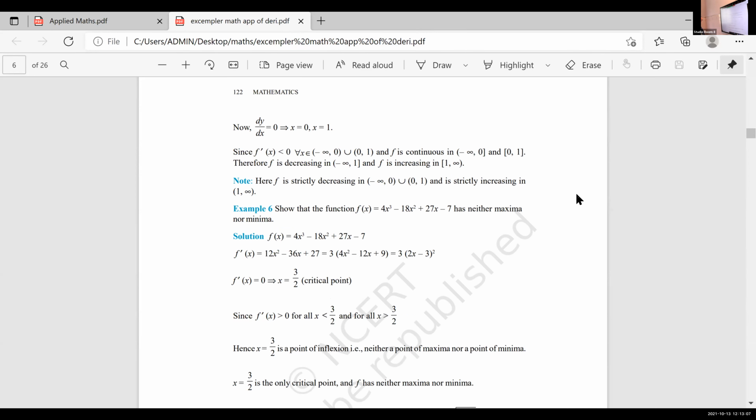But here, combining these two, look at the function at the point 0, is it continuous? What type of function it is? It is a polynomial. And we know that every polynomial is continuous. So we can combine this and we can write this as minus infinity to 1. This is the point you have to note. Why we are combining? Because it is a polynomial function, and last year we have learned continuity. If you are able to draw the graph, if the left limit is equal to right limit is equal to value of the function, then we say it is continuous. As it is continuous, we are combining and we write like this. And it is increasing in the interval 1 to infinity.